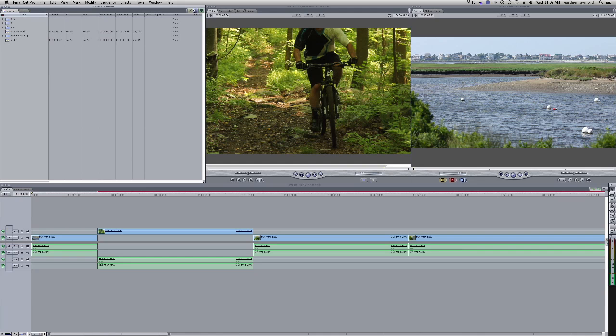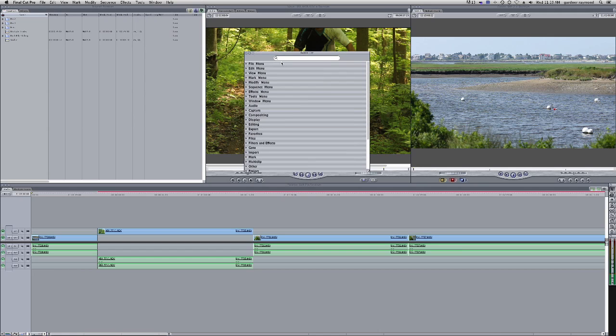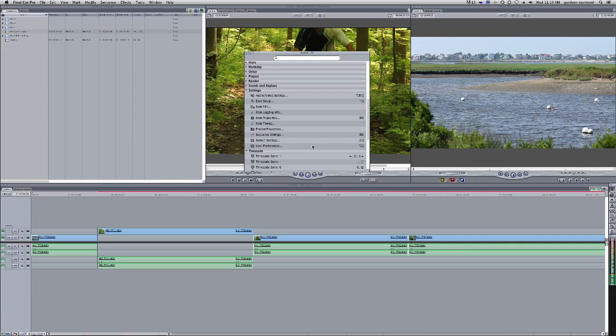Okay, so getting back to button bars. To add button bars, it's just as easy as modifying your keyboard layout. But instead of going to button bars, where you can only save and load, you're going to want to go to button list. And you'll see a similar list as to what you saw on the keyboard layout. Everything here is the same as everything up here. In addition, there's some other things, settings, time code,